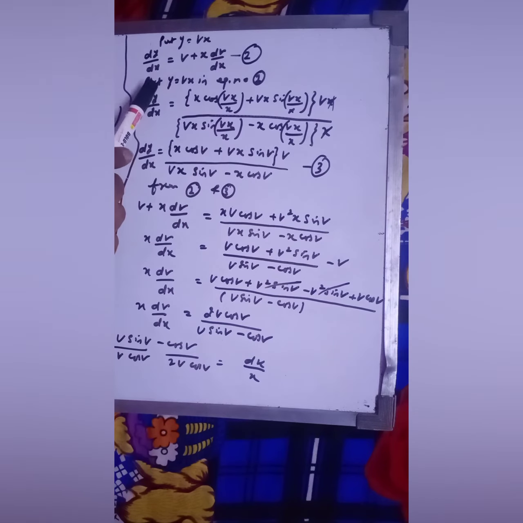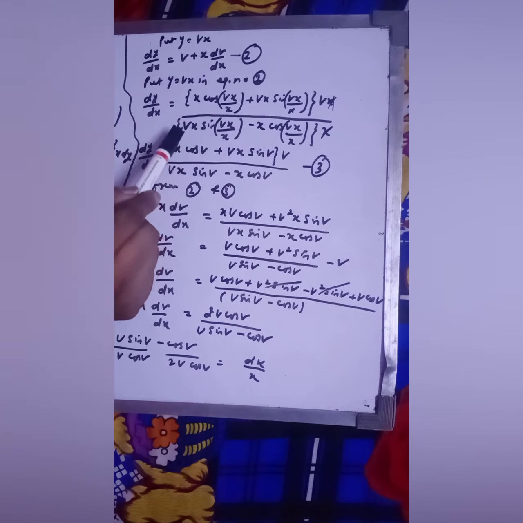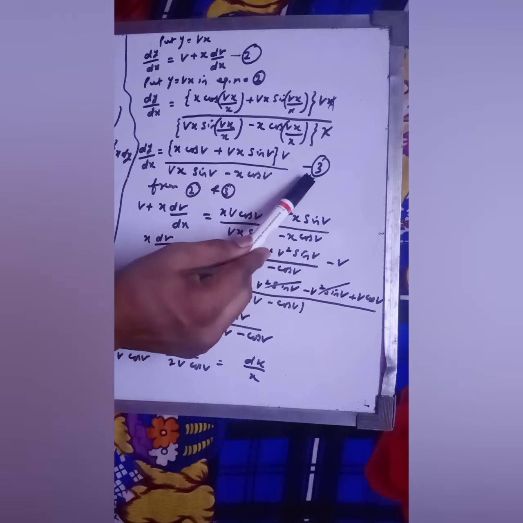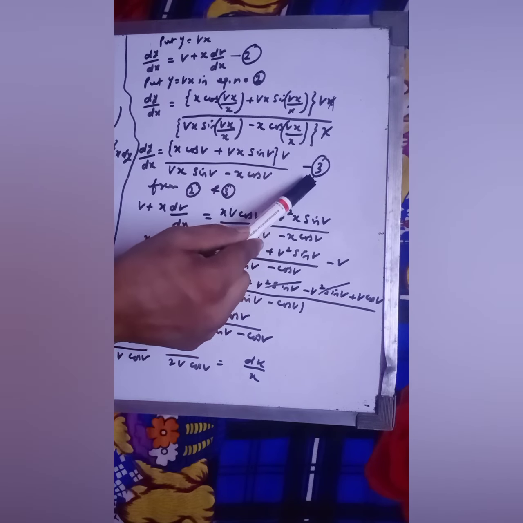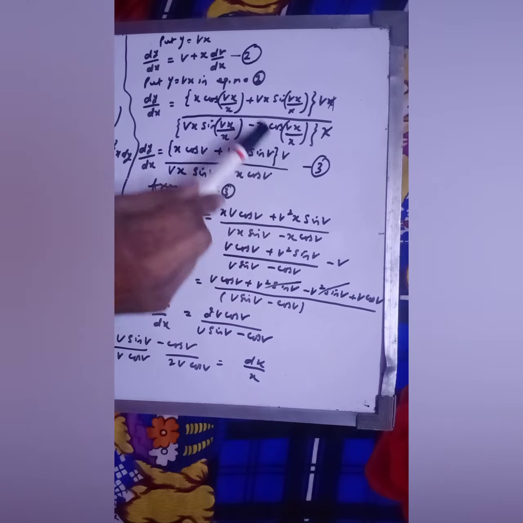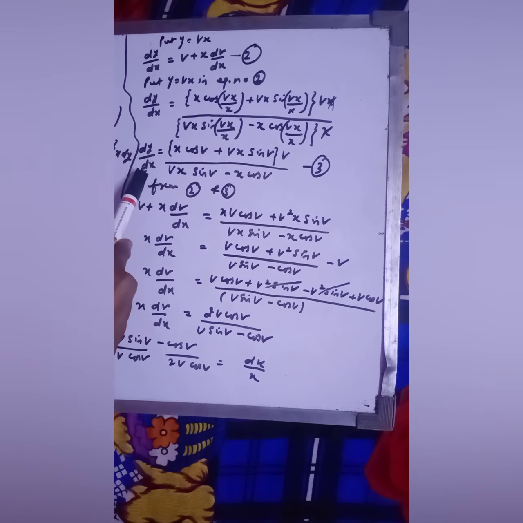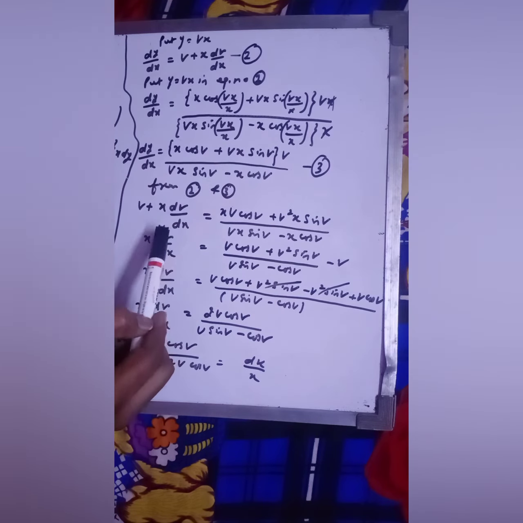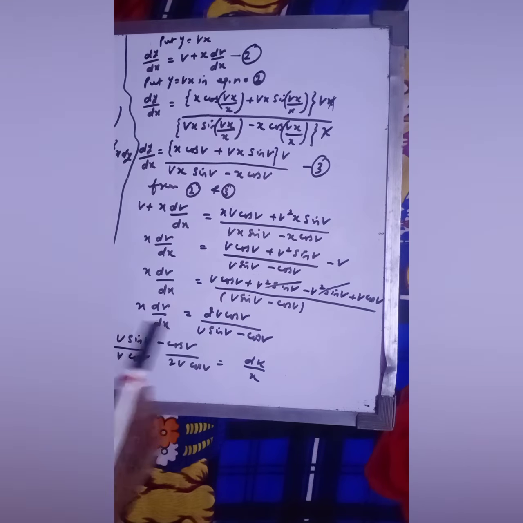Okay, and we are putting y equals vx in equation number 1 also. So when you will put y equals vx in equation 1, you will get this term, and when you will solve it, finally your dy by dx would be this. That is equation number 3. Fine. So from 2 and 3 you can check, this is also dy by dx and this is also dy by dx. So this equals this one. So you have to keep this equals to this.